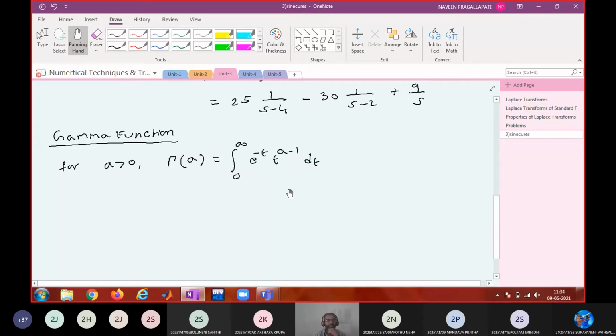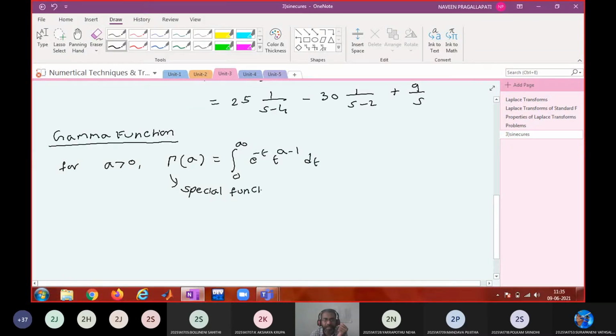Now the point is, you cannot integrate this simply and express it in terms of elementary functions that you know, like polynomial, trigonometric, hyperbolic, logarithmic, inverse trigonometric. You cannot express the final answer with an exact value. That's why, when you are integrating with respect to t and substituting the limits, the final outcome must be in terms of a, which we denote with gamma of a. This is one of the special functions.